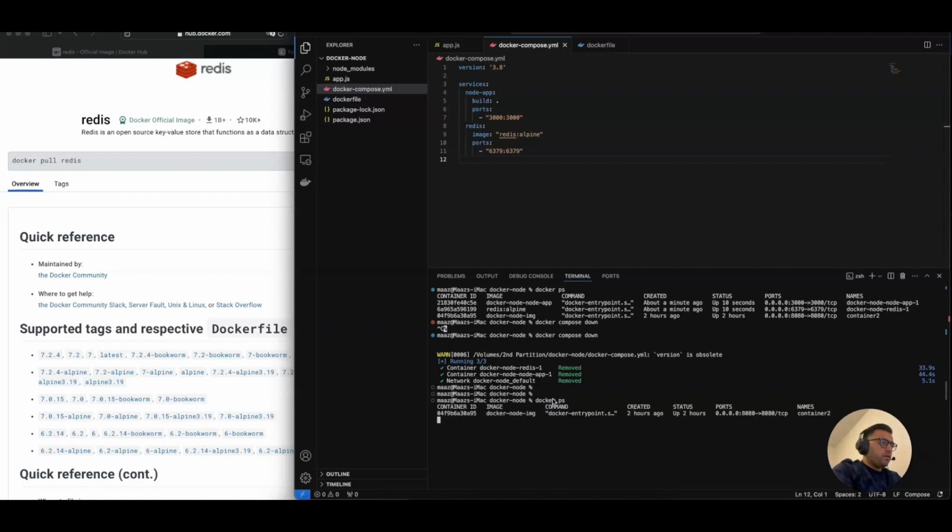And also check if our containers are available or not. Of course they won't be available, but we can check by executing docker ps -a to see all the containers, whether stopped or running, that were created before, right? So we don't have our node app and redis containers available. That means they were not just stopped, they were also